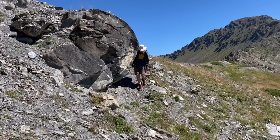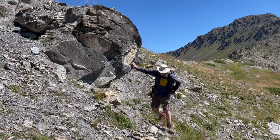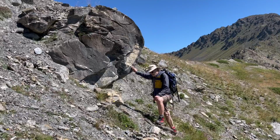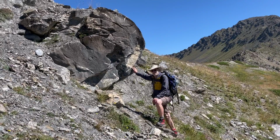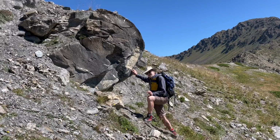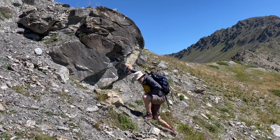So you can see what I mean about a structural sculpture park. Spectacular little fold structure here in cut turbidites. Slightly enigmatic stratigraphic unit. We'll put that together later. But